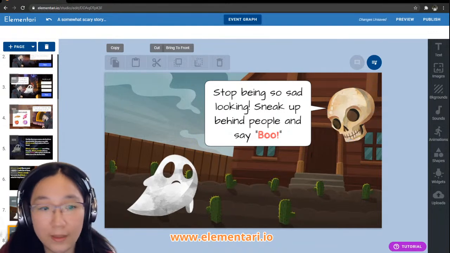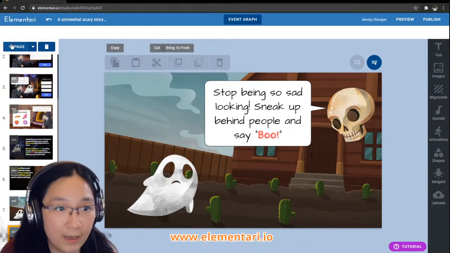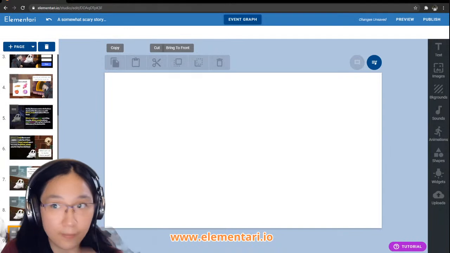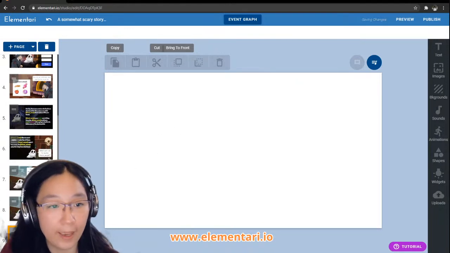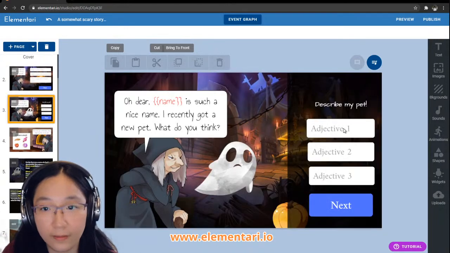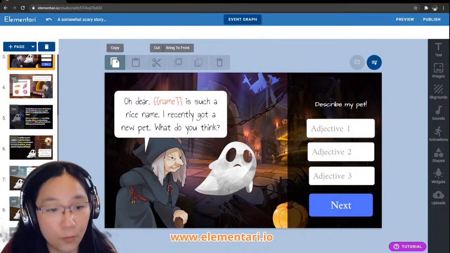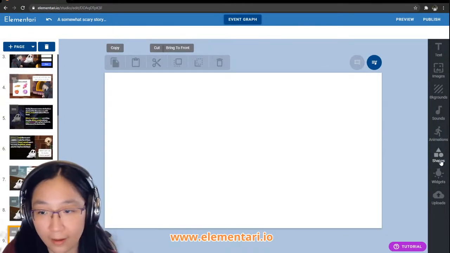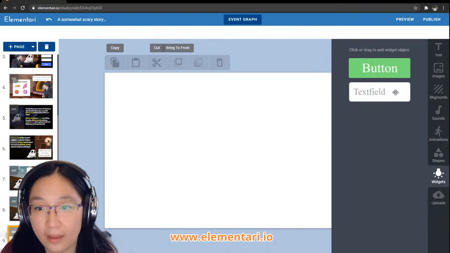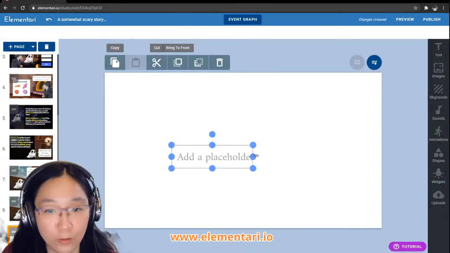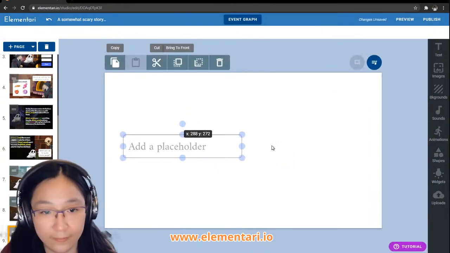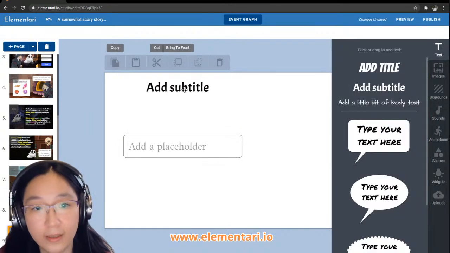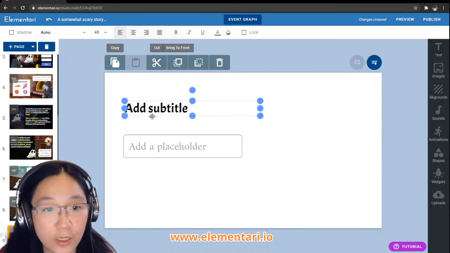Okay, so the last thing I want to do is have another input field where we can ask the reader if they have any ideas on how to make our ghost scary. Okay, so I'm going to add a question.